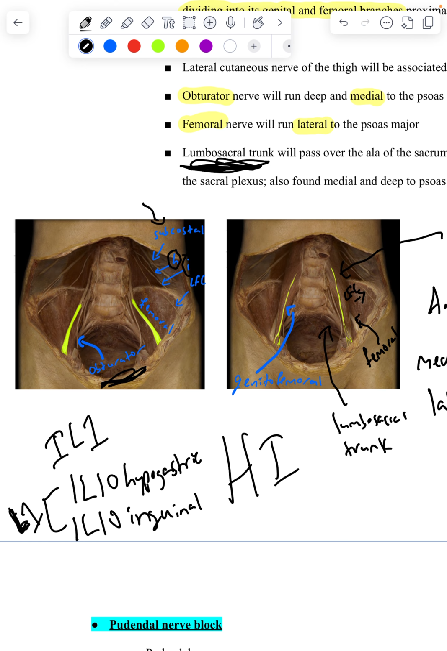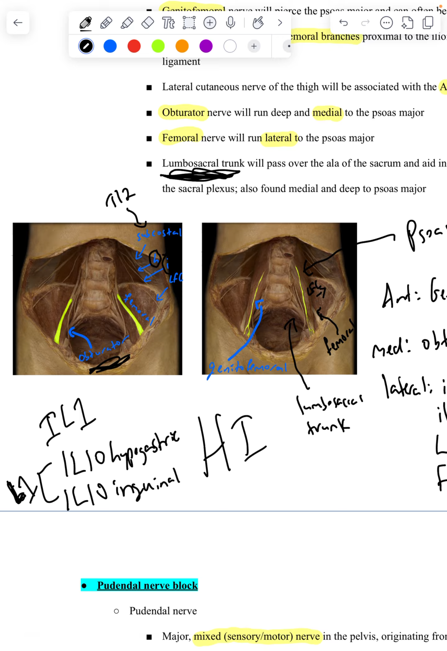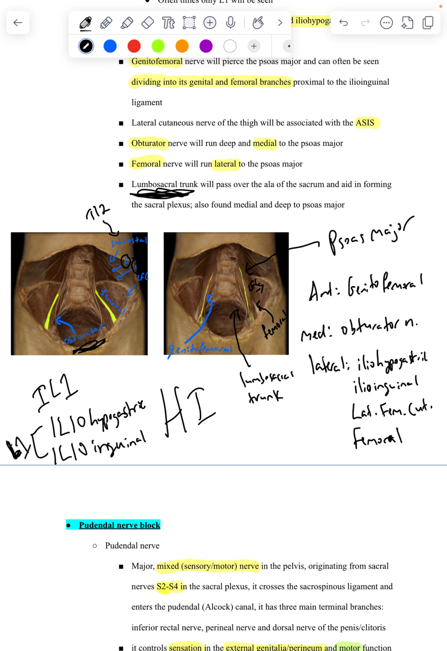So this is actually T12, but we use that nerve to landmark that, okay, this has to be the subcostal, which means the next one's the iliohypogastric, next one's ilioinguinal, next one's lateral cutaneous, next one's femoral. Then you have your genitofemoral on the psoas major, and then medial to it is going to be your obturator. And then if they ask about lumbosacral trunk. So on the psoas major, genitofemoral, medial to it is obturator,